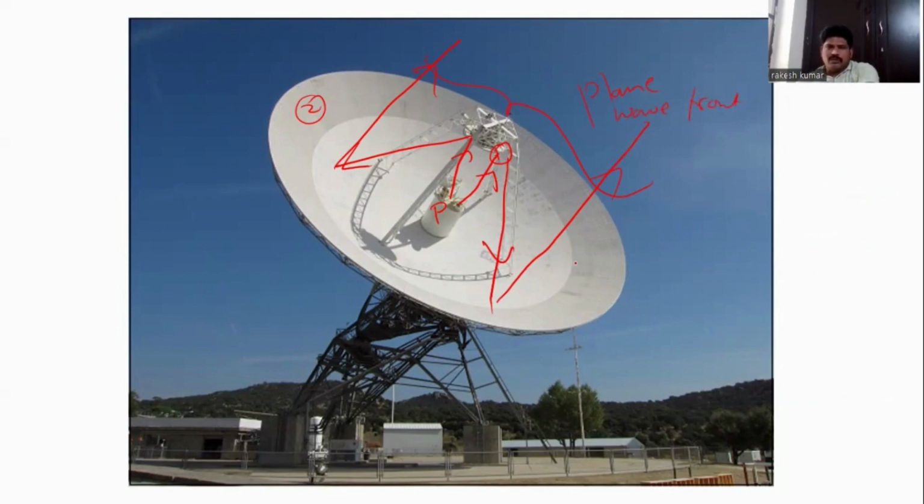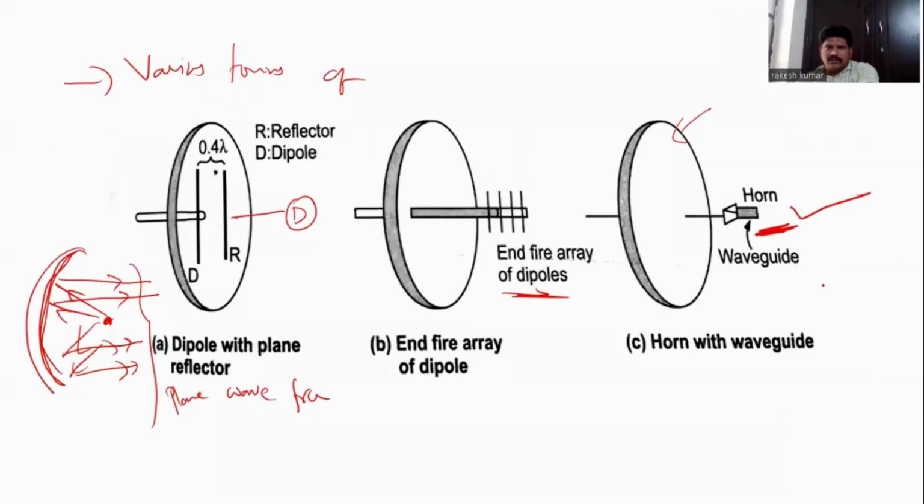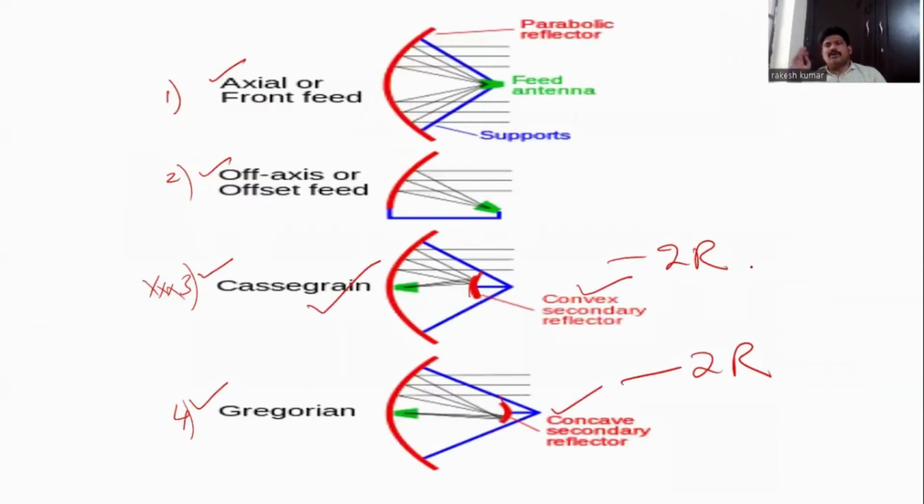The most popularly used technique is Cassegrain. Very important question: out of the four techniques of feeding of an antenna, one is axial feed, the second one is